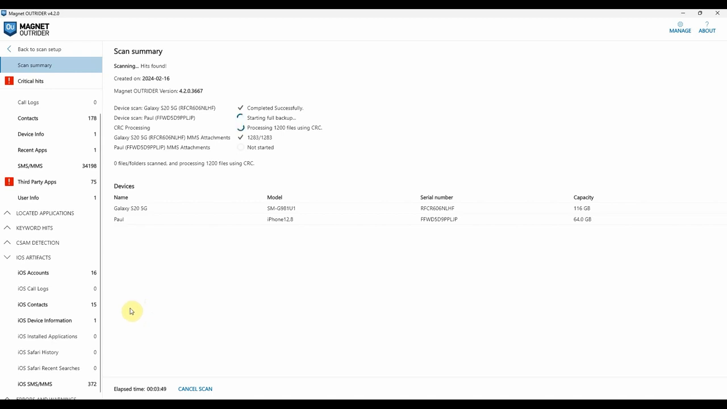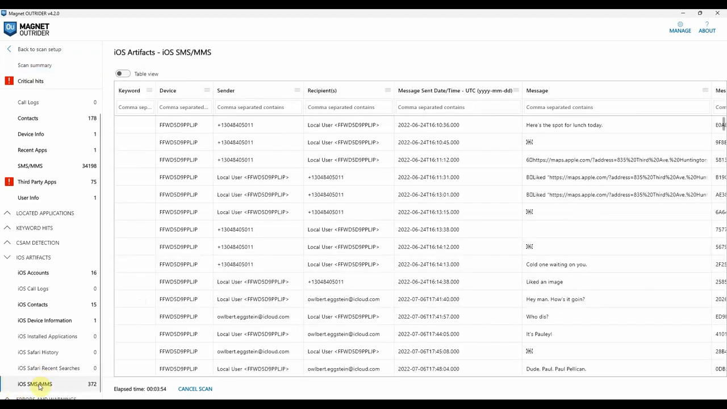Again, the nice thing about this is while this process may take a little longer, we can go ahead and review the data that's been returned while we wait for that. So I could click on the iOS SMS MMS,